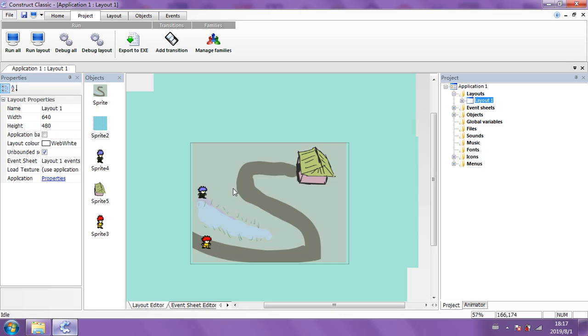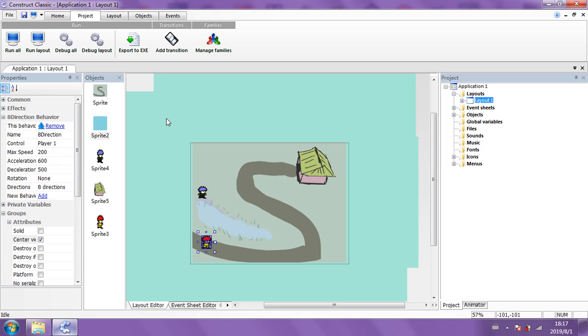The one thing I will say, by having that set to follow me, and then unbounded scrolling, it's got to be selected under the layout, and then center view on me for the character. That will ensure that your camera is following the character even when he goes off, and you won't lose him. Okay.